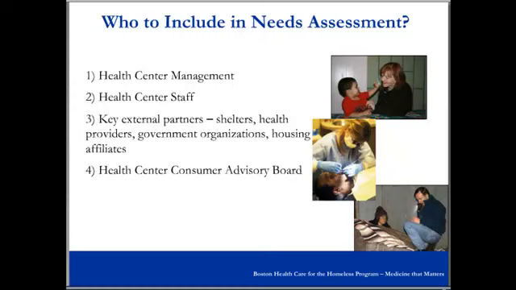These target audiences were health center management, health center staff, key external partners such as shelters, health providers, government organizations, and health affiliates, and finally the Health Center Consumer Advisory Board. And one note on that, if you do not yet have a Consumer Advisory Board, it would be great to form one, but in the short term, you could work with any other group of patients you may have who provides regular guidance to your board of directors.